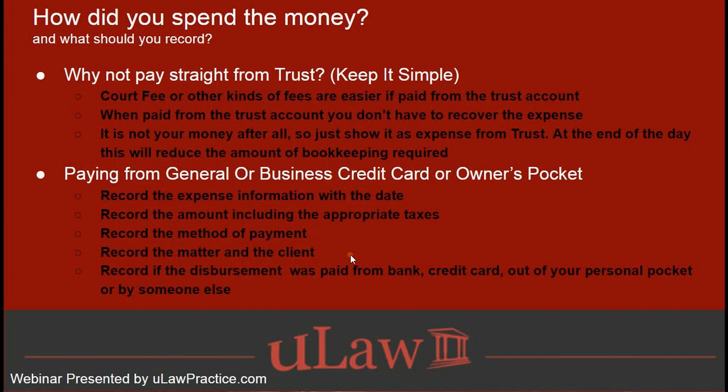Okay? So regardless of whether you pay out of the trust account or whether you pay out of the general account, the pieces of information that you need to capture about that disbursement does not change. You still are required to capture the date. You're still required to capture all those other particulars that we spoke about earlier. The date, what was the total amount, how did you pay for it, what specific client and matter was this disbursement related to, and how much of any provincial taxes, if included, were part of that expense, right?